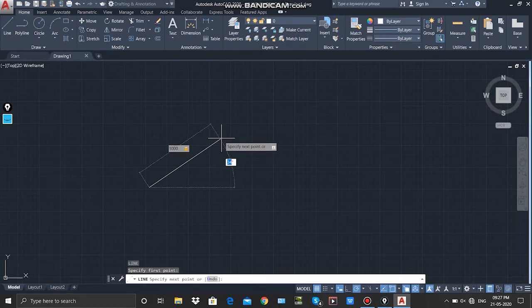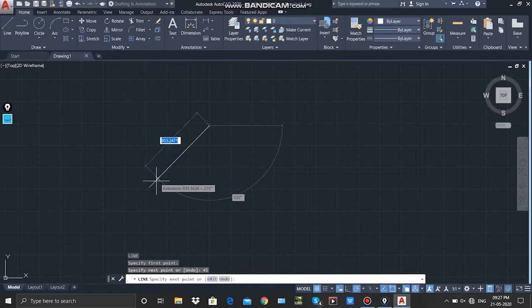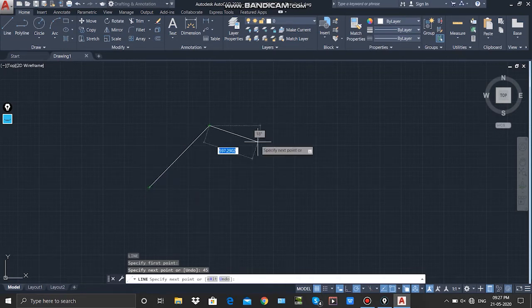Now you can see the box for angle is now activated, and here you can enter your angles with the horizontal line. So I will enter 45 and then press enter. So now you can see one line is created of length 1000 millimeter and angle 45 degree with the horizontal.